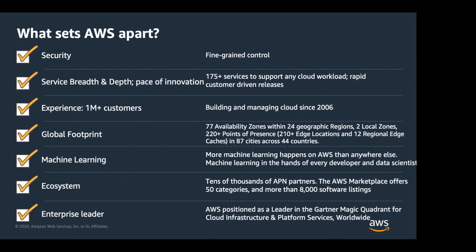And one of them is the fact that today, and we are right in the middle of re:Invent right now, so we are launching more and more services. And one of the things that I continuously struggle with is to keep this slide updated, because the number of availability zones, or the number of regions, or number of services that we have continuously keeps changing. And that goes back to reflect the pace of innovation that we are able to offer our customers. Again, it's a direct result of our interaction with our customers and what we are hearing that they need. So as of today, we have 175 plus services that we offer in the cloud,